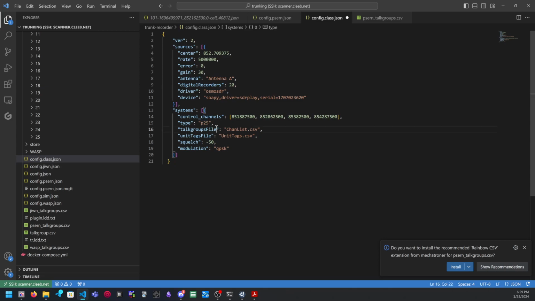So it's a P25 system. We're not going to worry about unit tags, but talk groups. We want to tell it which talk groups we care about. And if we have a limited amount of processing power, we may want to say only record these certain talk groups, or if this talk group comes on, drop a recorder and move it over here because this one has a higher priority. So let's call this class